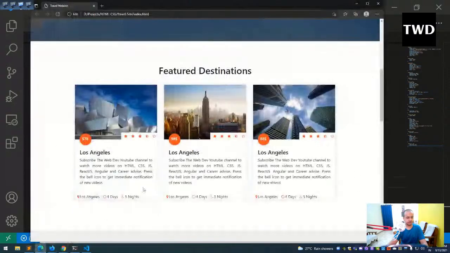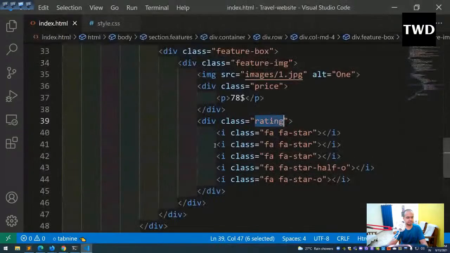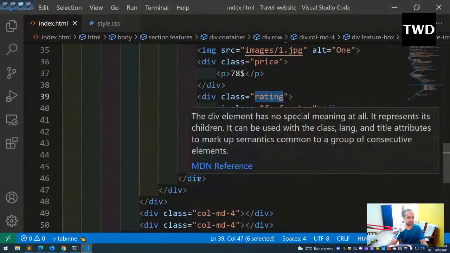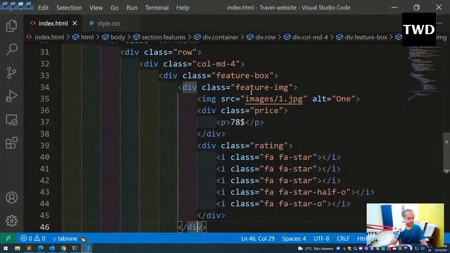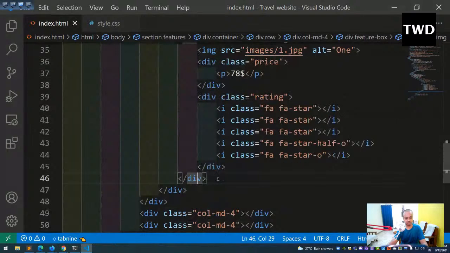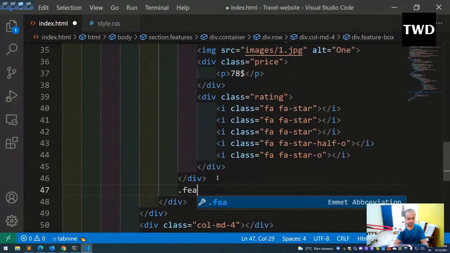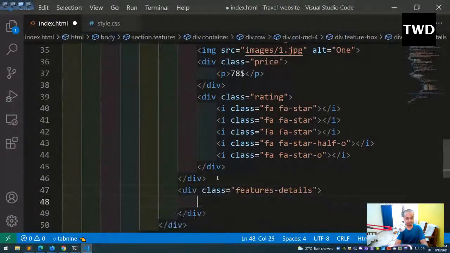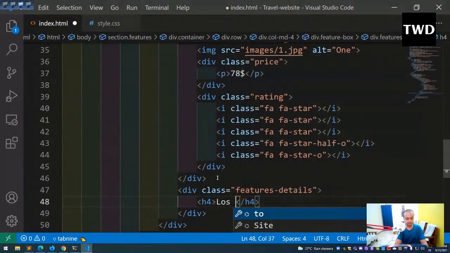Now we want to have this also, all these things. So for that, after this div which is the feature image, we'll have the feature detail also. So dot features details is there, and here h4 Los Angeles, and again